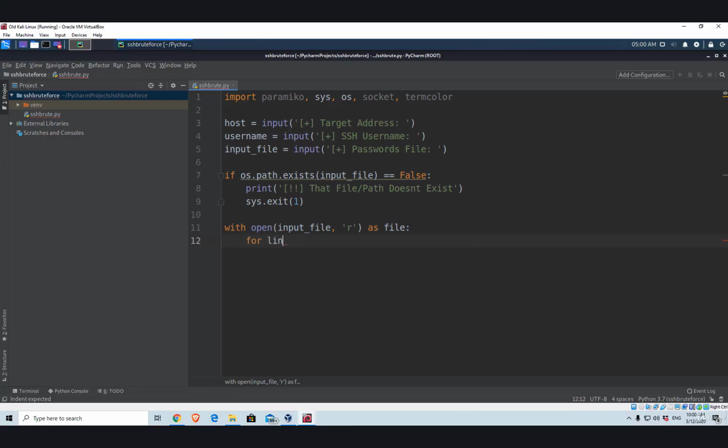So for each line in file.readlines, and keep in mind that you need to use readlines with an S. There is also readline, but readline will only read character by character, and we want to make sure we use readlines, so we read line by line. Alright? Once it reads the line, that line will be a password, and we're going to set password equals line, and from that line we want to strip out any character that we don't need. For example, the newline character, we don't really need it inside of this string, so we're going to strip